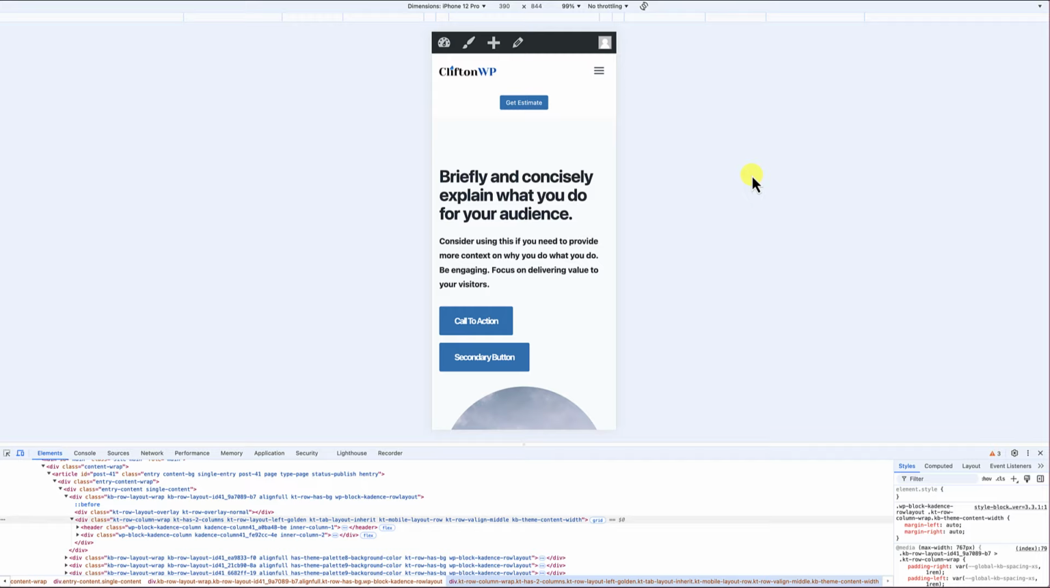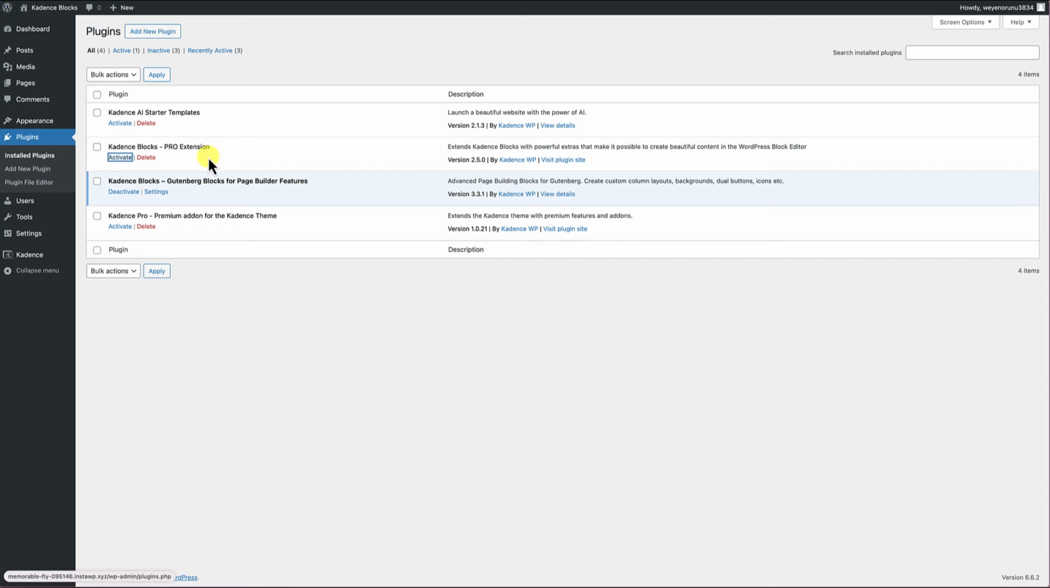Okay, so next we're going to explore the features that are available to you when you install Kadence Blocks Pro for the advanced header block. So far we've been working with the free version of Kadence. If we go over here to our plugins, you'll see that I only have Kadence Blocks, the free version, activated. So I'm going to activate the Kadence Blocks Pro extension,